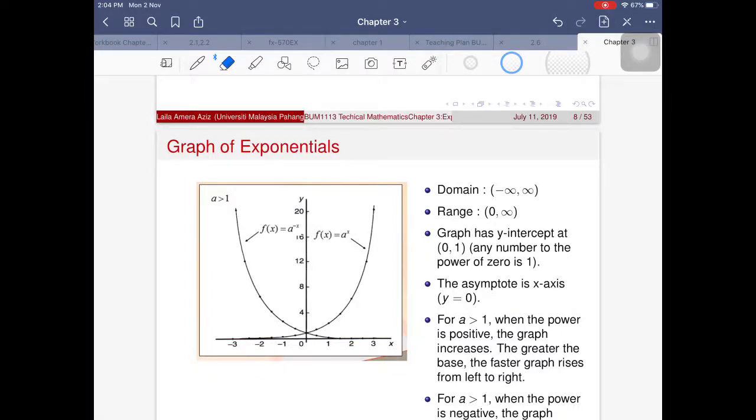All right, so now let's have a look at the graph of exponentials. This is basically the general form, when your base value is greater than 1. So first of all, let's have a look at the case when your base is greater than 1